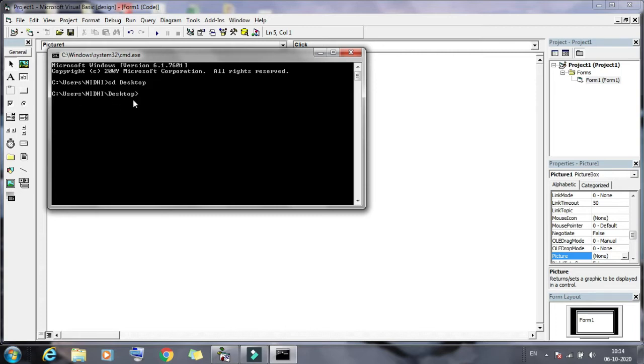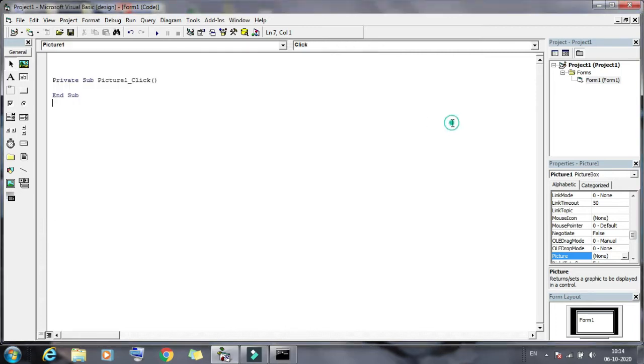So we will first type this address in this program. Picture equal to load picture.